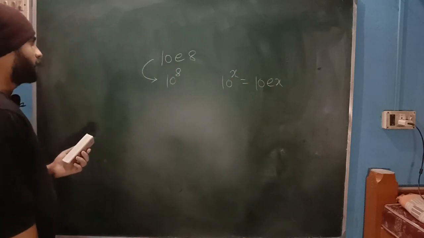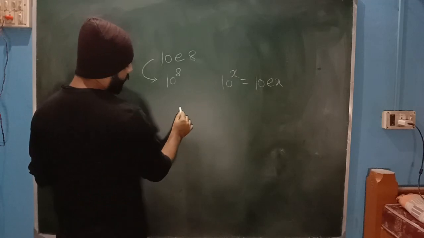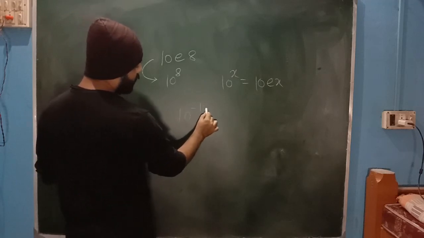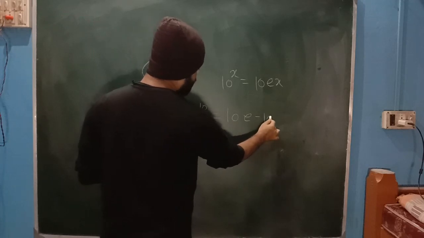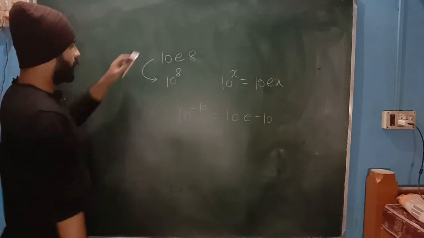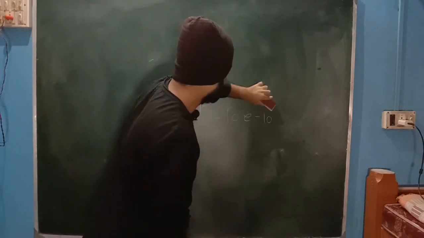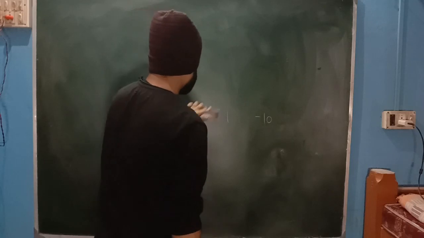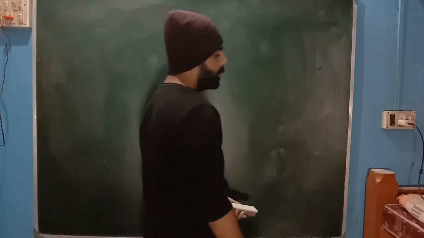Okay, so this is how you can write it. So if I am going to write 10 to the power minus 10, you will simply write 10e minus 10. That means this one. For the scientific community, mostly we will use the scientific notations, and that will be our next